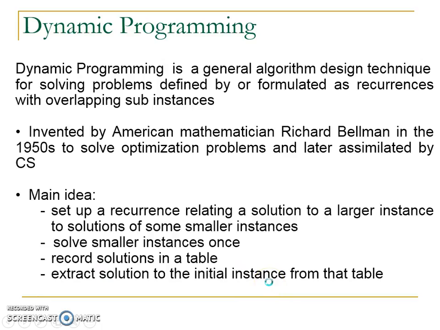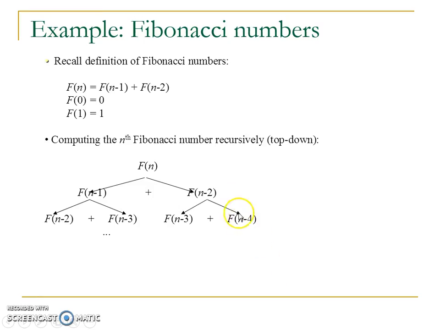Let us look at an example of Fibonacci number generation. We know the recurrence relation for Fibonacci number generation is f of n, the nth Fibonacci number, which is nothing but the sum of the previous two Fibonacci numbers, n-1 and n-2. If you were solving this using a typical recursive algorithm, this would be a top-down approach wherein you call the algorithm with f of n, which in turn calls f of n-1 and so on, and once you get a solution to f of 1, it backtracks the solution